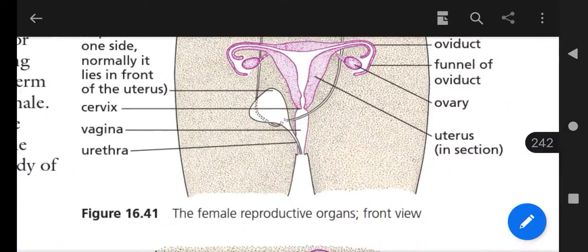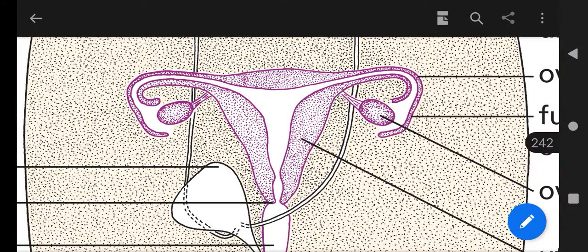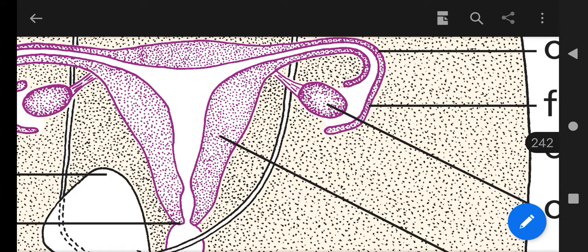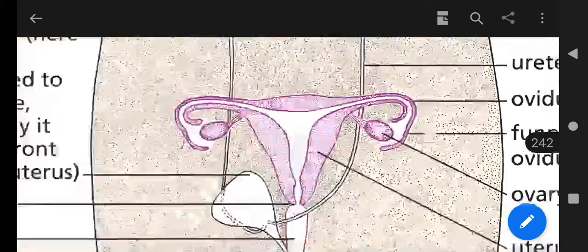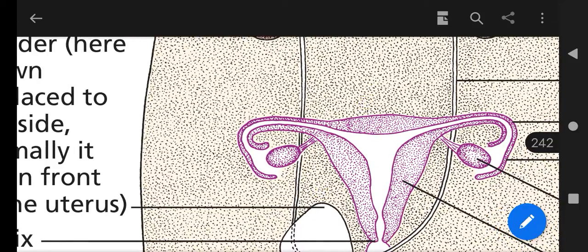First of all, we will see the ovaries. Ovaries are present in the lower abdomen, one on each side of the uterus. You can see easily one is present on the left side of the uterus and another on the right side, and they are involved in egg formation, or gamete formation, in the female. So first of all, the egg is formed here, and after that,